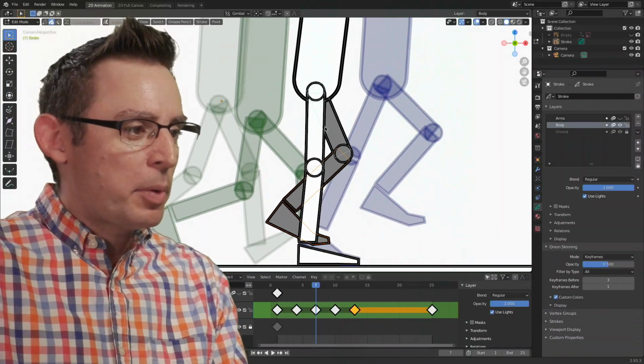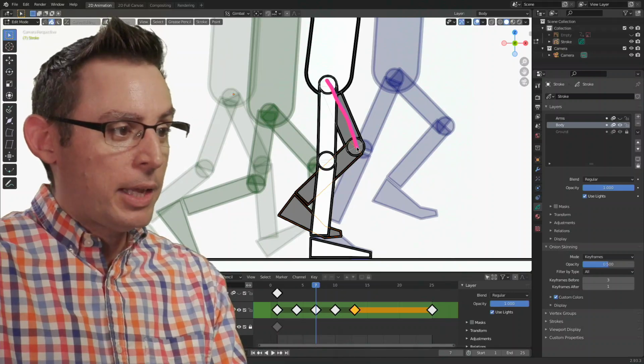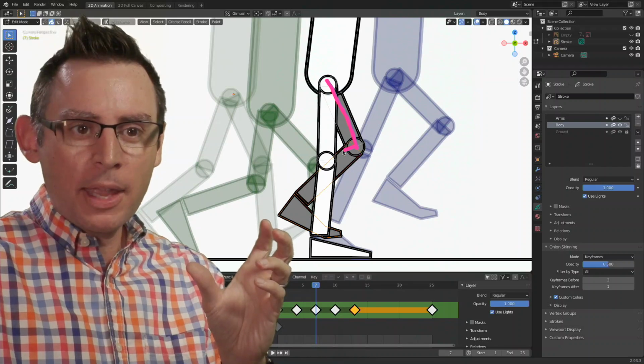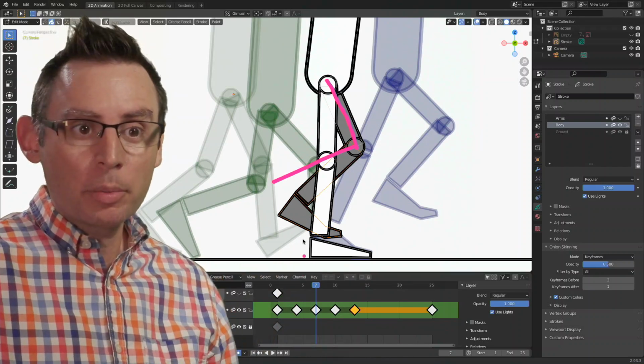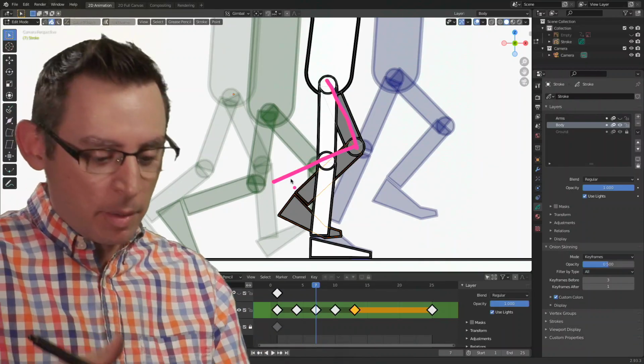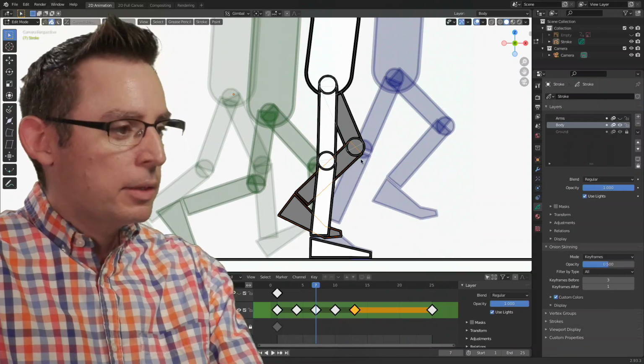Here's a really great example. I want to go in and change the pose of this to something more like this. I like that up there. The thigh is in a really good spot, but I want to make this angle in here a little bit more sharp. It's a little too flat for me, and I'm not getting the sense of energy that I'm after. I don't want to have to rotate it like this.